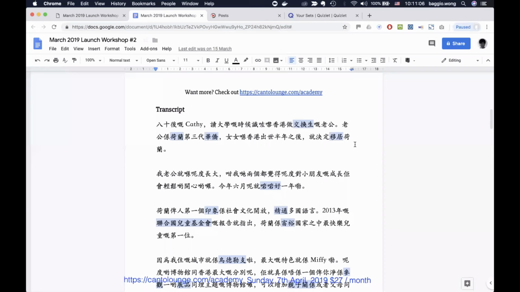So to give you guys a slightly better idea, let me show you what you actually get in the program. So this is the members area. It's very, very straightforward to navigate. As you can see, there's posts where I do announcements and where I post workshop replays. Like in February, we did one with TV dramas that featured Cantonese particles.